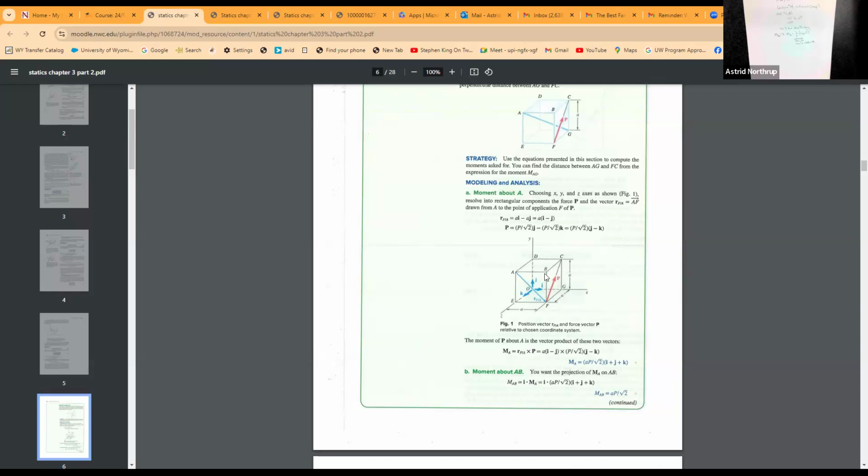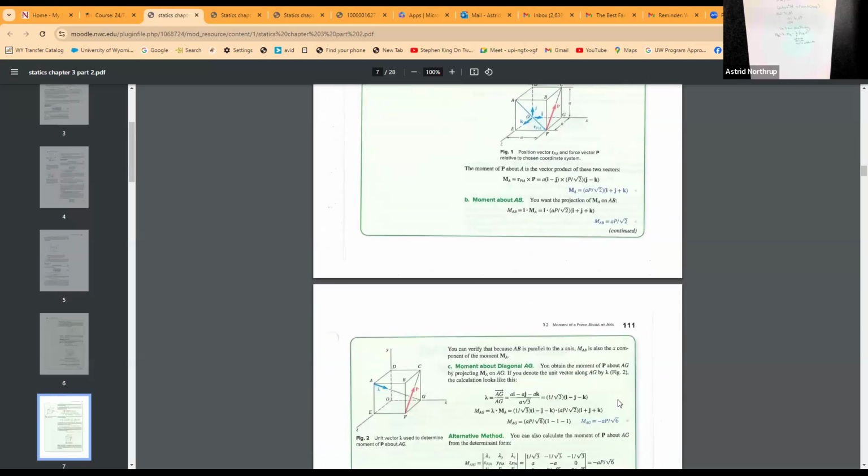And so they just break that down, and what is that going to be? Well, it's going to be 1i minus 1j, because it's a unit cube. And then you have the force. So they do that cross product, and then they dot it with the unit vector from A to B, which is just 1i, and then they come out with this value. And as you see, my i, j, and k components go away because it's just a value at that point.